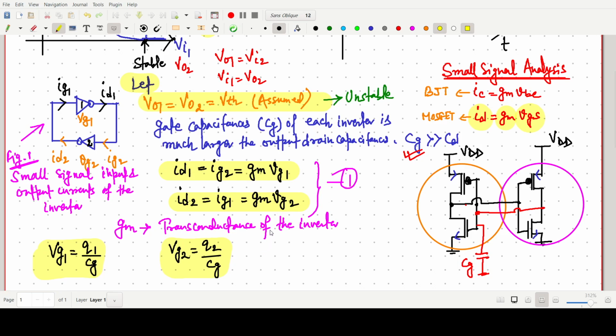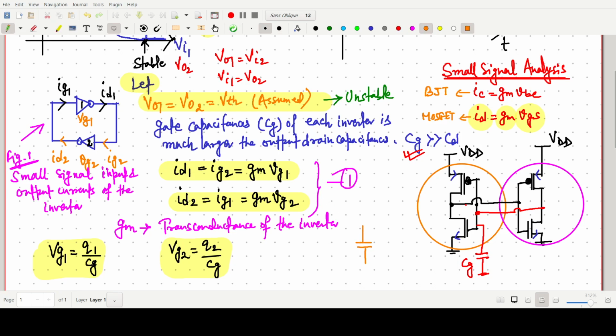Also we have to think that the small signal gate current of each inverter can be written in terms of the gate capacitances with respect to the voltage. Means if some capacitor is there,